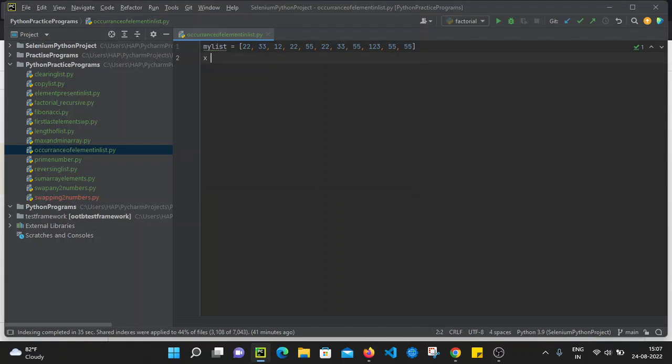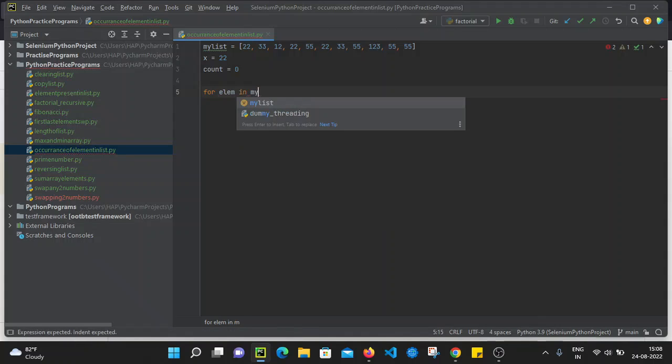And now let's define the x variable for which we want to check how many times this x has occurred. So x equals 22. So we are going to check how many times 22 occurred in my list. After that, I'm going to use one more variable, let's say count. Initially, I will assign count value as 0. And now, I'm going to use a for loop. So, for element in my list,